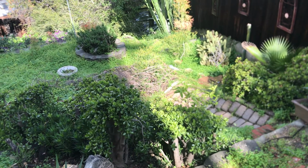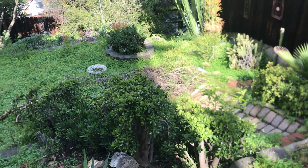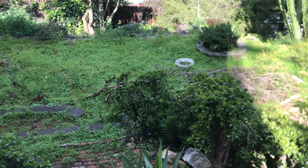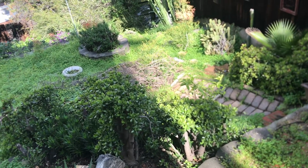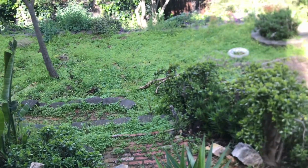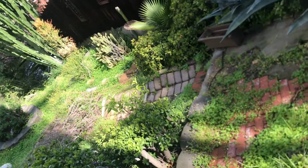Hello everyone, it's April 11th of 2020 here in Southern California, and we are in the midst of the COVID-19 pandemic. As you can see, there is a lot of wild growth in this backyard, and I was thinking, now that I have a few hours, maybe I can make a